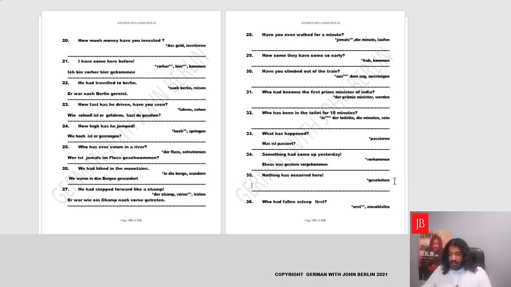Nothing has occurred here. So we'll say nothing is like nichts. Then again, the verb is to occur, shows change in position, change in state. Helping verb would be sein. Tense is in the present, we'll stick to sein. And nichts ist, yes, nichts ist hier. What is the verb? Geschehen. It'll remain geschehen because it already has a ge in its original form, and we end with the en, so it ends up looking the same. Nichts ist hier passiert, or hier ist nichts passiert, whichever way you want to say it.